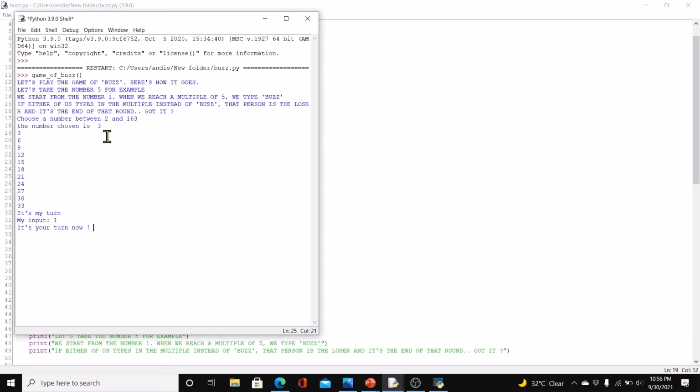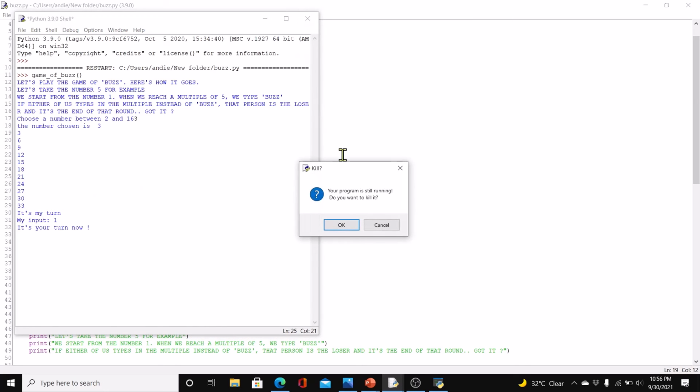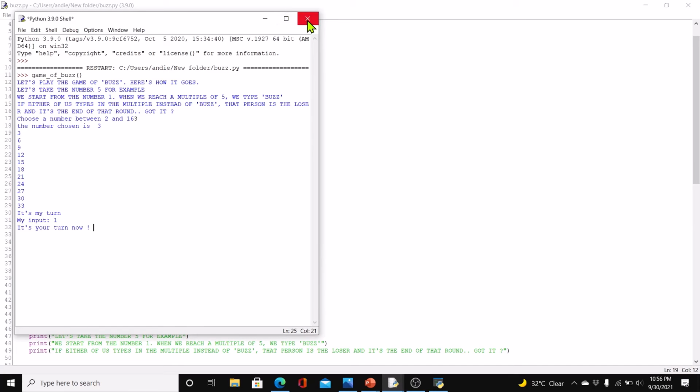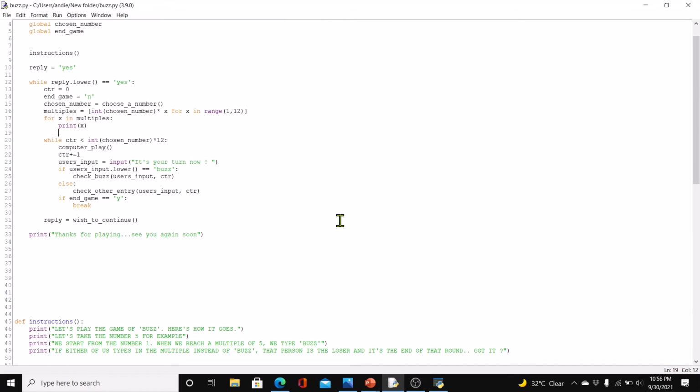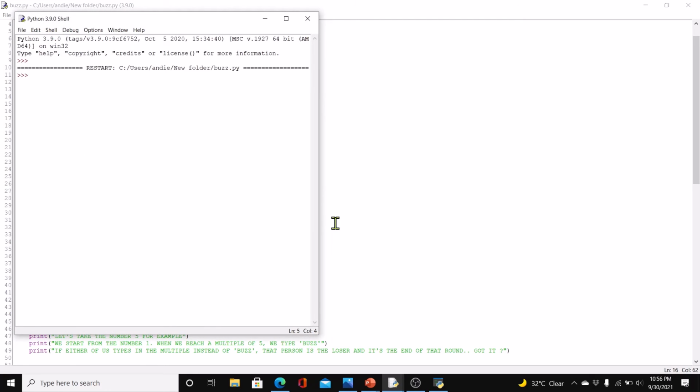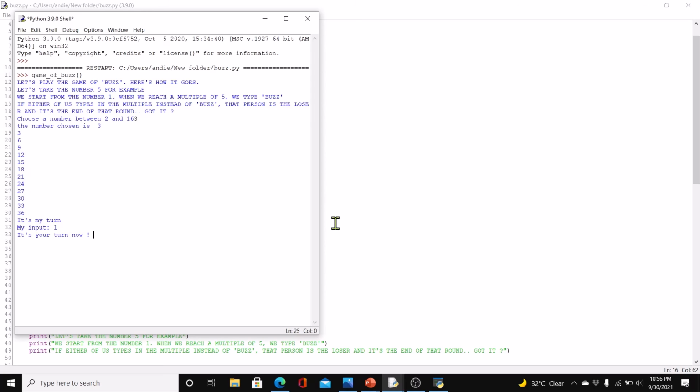Say 3, and you see I'm only getting up to 33, and therefore to say 36 is not a multiple, right? All I need to do then is to increase this to 13. Now if I run it, and you see I have 36, so now I will not get that error,